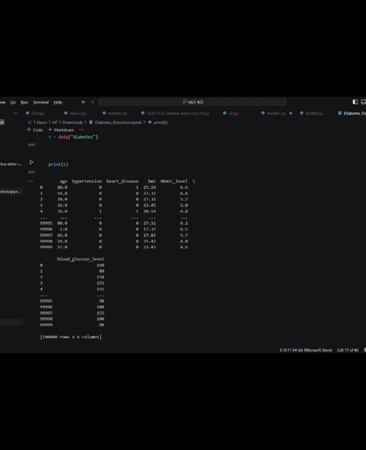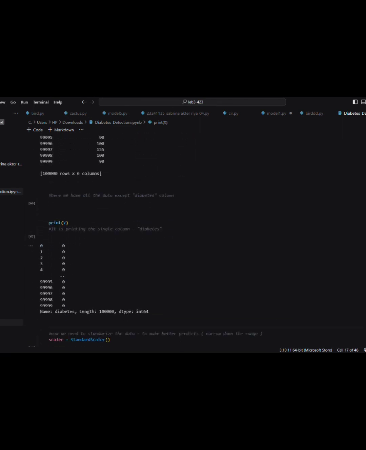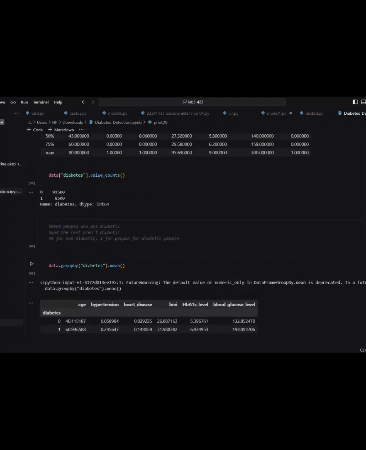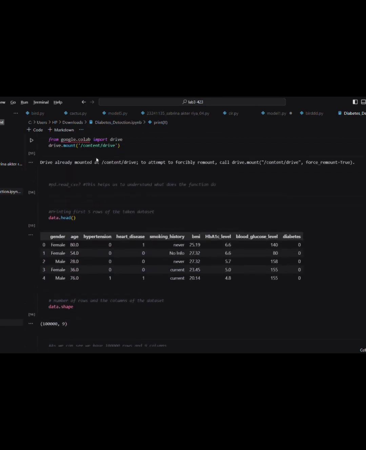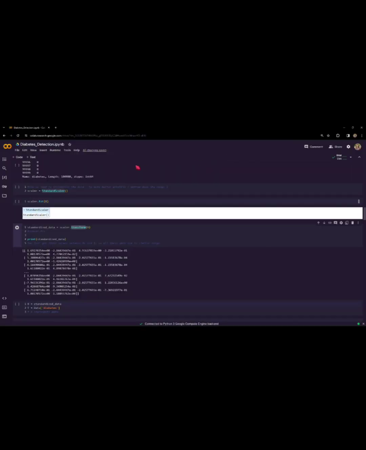And since some of the data are categorical, we cannot represent those values in integer. So we have to remove those values that we cannot represent in numerics from the group. For instance, we are removing gender and smoking history from the group. Further, we are working with the rest of the data to predict diabetes after removing those data which cannot be represented in numeric values.